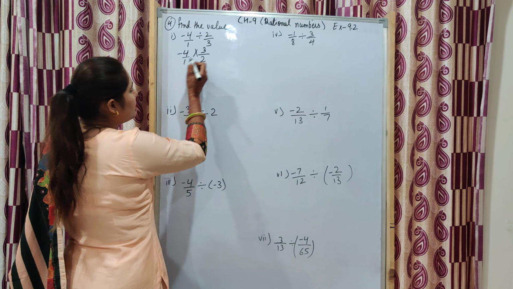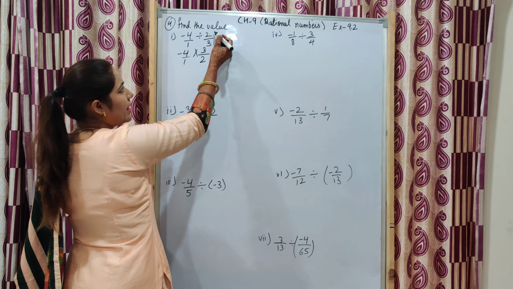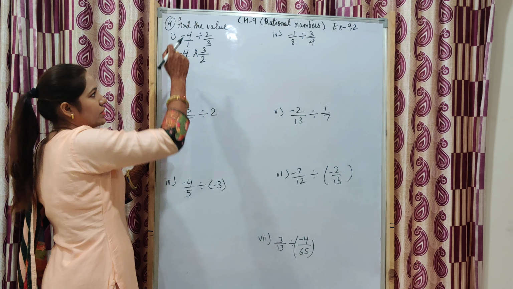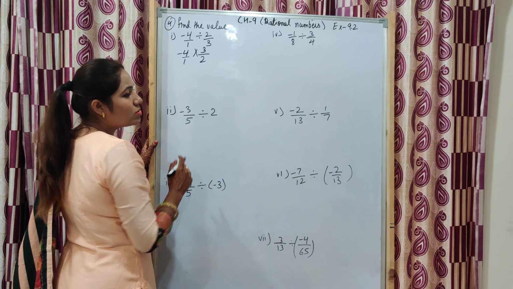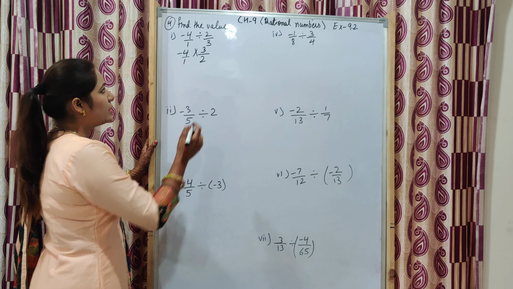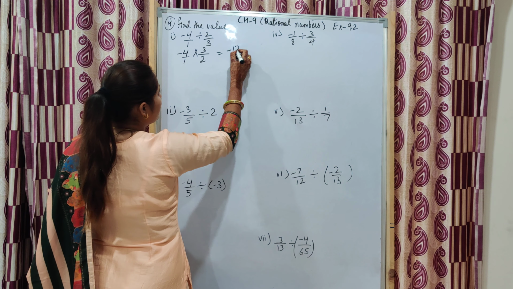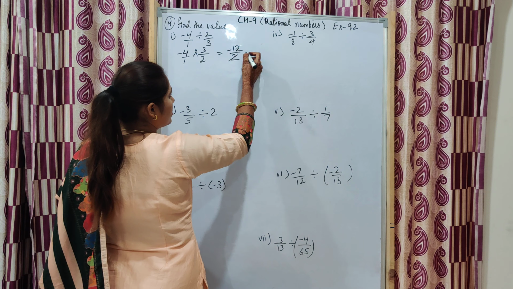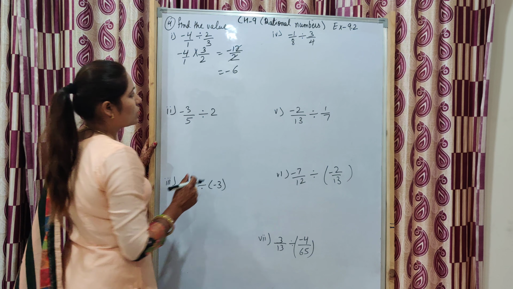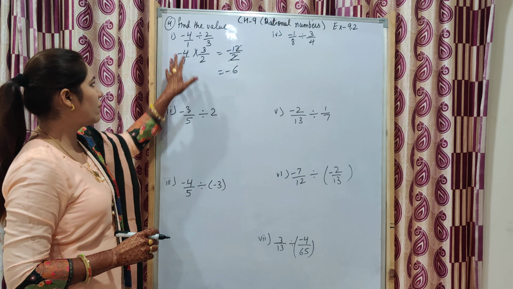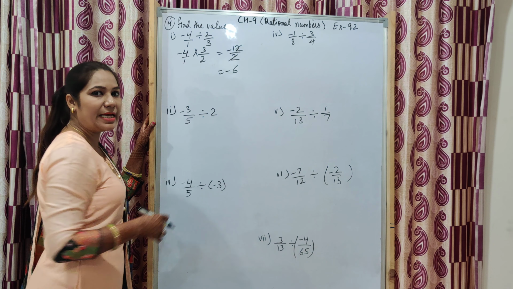First step, division will change into multiplication by taking the reciprocal only of the number next to the division, not the first one. Now minus 4 into 3. Now the same as we have done in the product. Numerator will multiply numerator and denominator with denominator. Minus 12 upon 2. Now you can do cancellation here also. So answer is minus 6. So you can do both methods. You can do cancellation here also. If you forget to do it, then you can do it at the end.